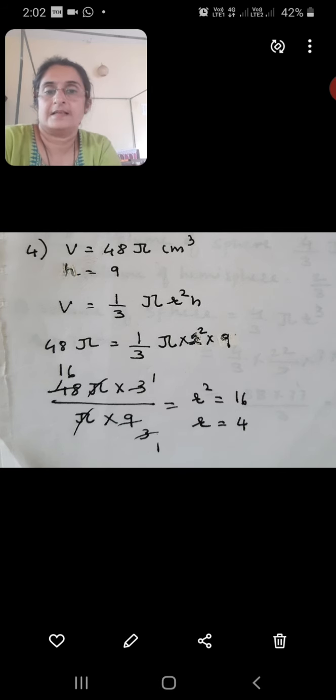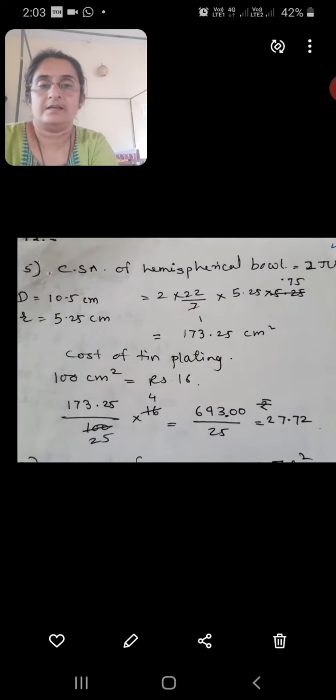Height is given, that is 9 centimeter. When you solve that, r square will be 16 and r's value will be 4. So when r is 4, the diameter will be 8 centimeter of that particular cone. Using the same formula you can solve the remaining sums. All the sums are direct. Using the formula you can do it. In the next one, that is